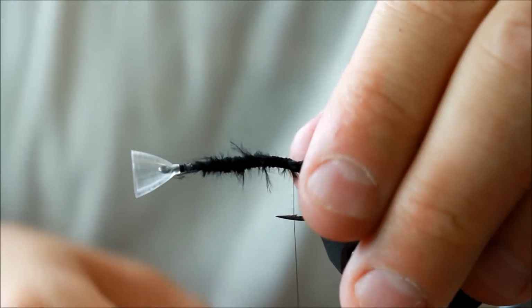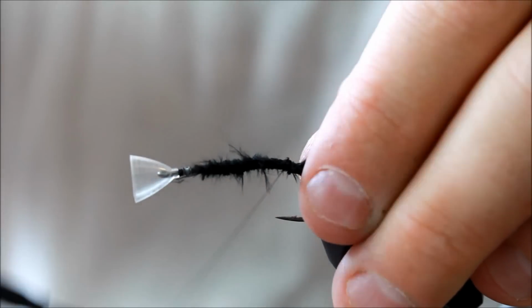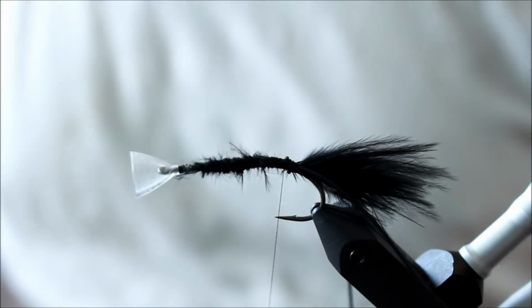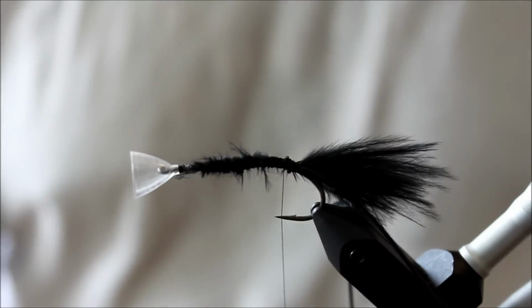Then I'm gonna cut off these 2. That is going to be fairly easy because I need some more legs further up, but I need more than the two these would give if I just pulled them upwards. Okay, and what we want to do is we want to take some